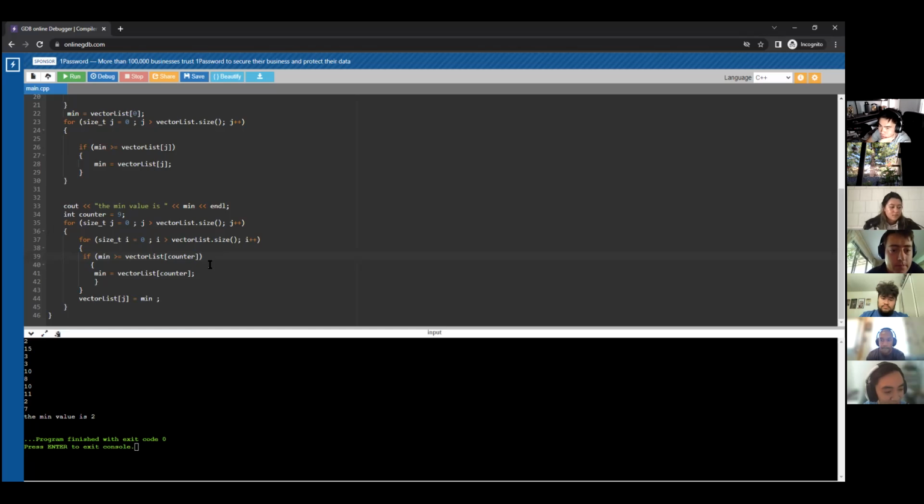So our for loop is still gonna execute 10 times, which is too much. The second for loop on 37 will execute 10 times, but that's gonna be bigger than our size. So we can say I less than vector size minus J? Does that work? Is it minus J or minus 1? It starts at 0 and J starts at 0. Once J iterates once, J is 1. I is gonna go from 0 minus 1. Oh wait, no, that's